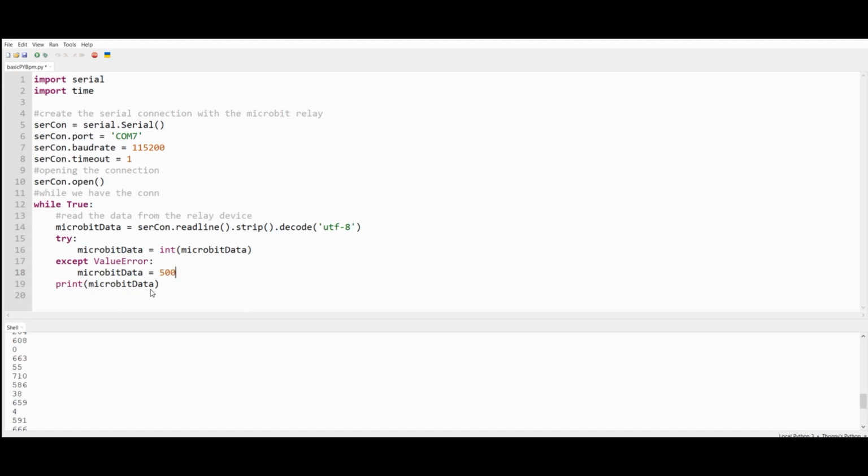So what that's going to do, if it comes across any part of data from the reading from this serial connection, it's going to try and convert it to an integer once it's been cleaned up using the strip, and the decode will turn it into Unicode characters. It'll try and create an integer out of them. If it can't, it will just set that to 500 so that we can use that value